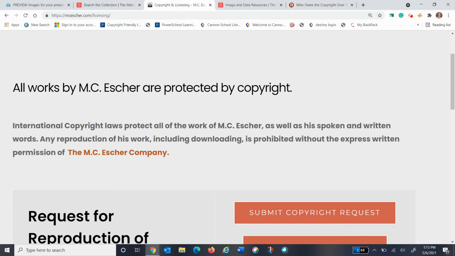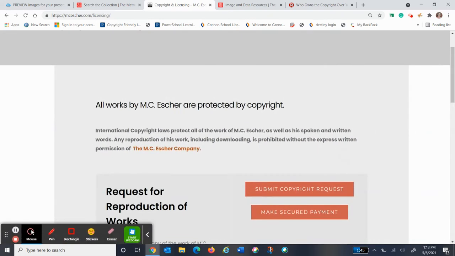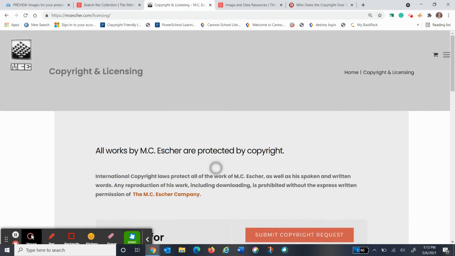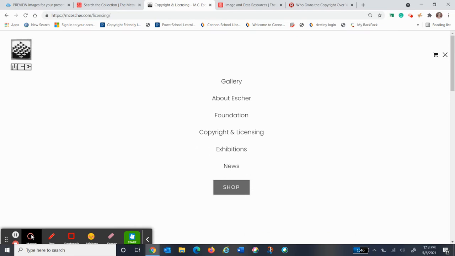Any reproduction of his work, including downloading, is prohibited without the express written permission. So they're telling you right there, you cannot use any of the materials off this website. And it's a great website, but unless you have permission, please do not use it.